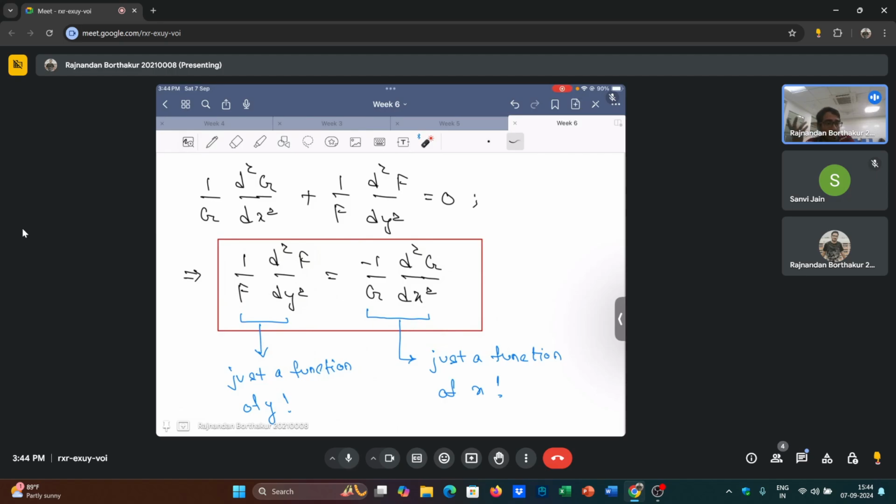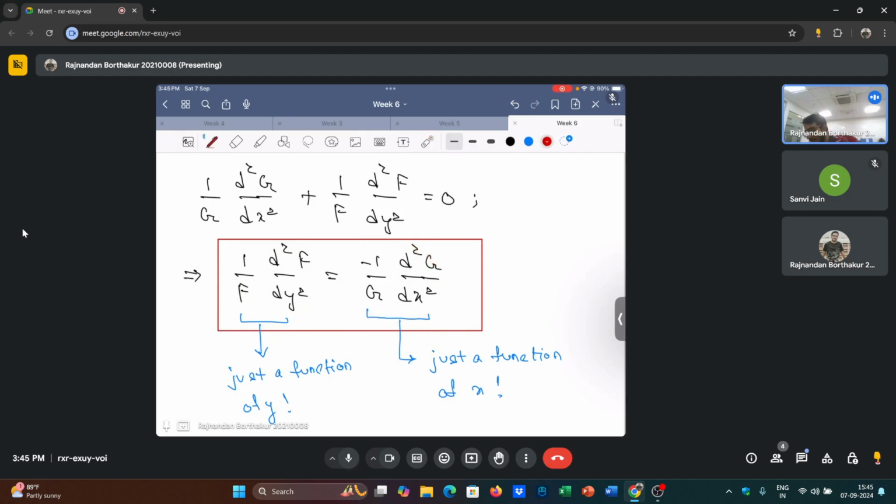And if at all it is possible, when is this possible? Can you tell me? The simple question is, when is this equality possible? So, can you give it a try, or I'll tell the answer? So the answer is that both sides are equal to the same constant. Exactly. You have pinpointedly mentioned the correct answer. So this is only possible when a function of y is equal to a function of x,